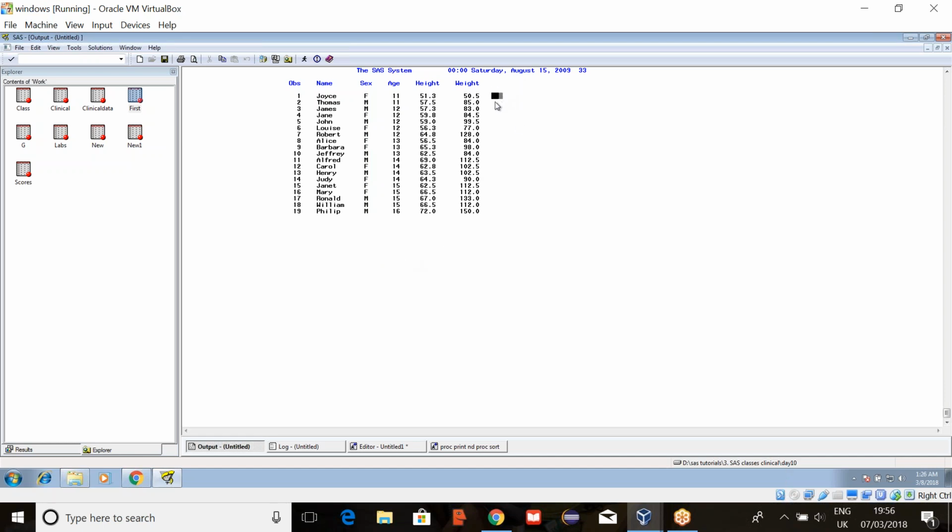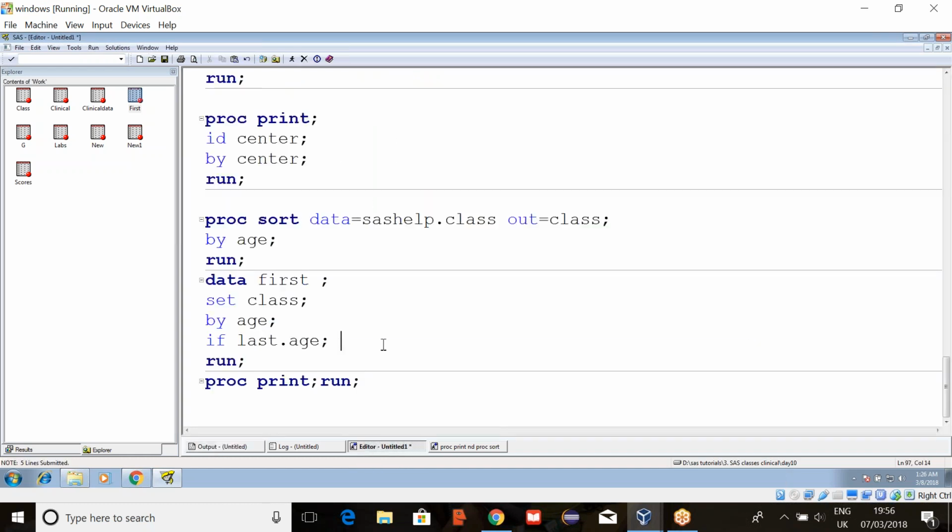So like 11, 1 and 2. Again 12, 1, 2, 3, 4, 5. Again 13, 1, 2, 3, like that. This is called sequence number creation, which is very important because we'll do that in real time. One subject may have 30 records, and another subject may have only 12 records, and we can't sit and count every time. So we can create a sequence number.